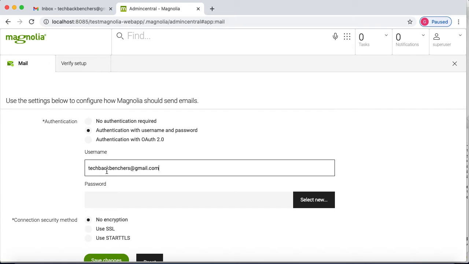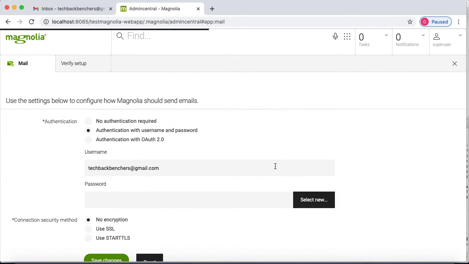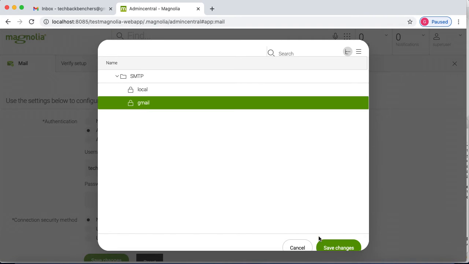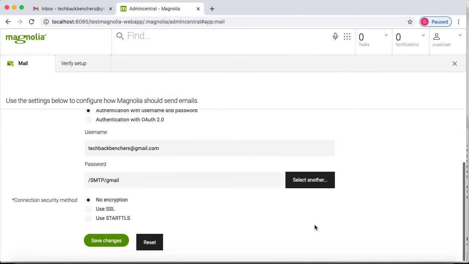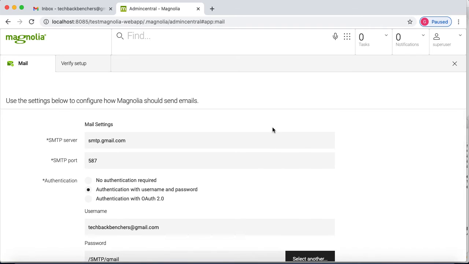We'll use Ctrl+V, and yeah, I will select my password from password manager. I will take this one, Gmail, save changes, and here I will use this third option, and now I will save the changes. Now it is successfully saved. Yeah, so that SMTP Gmail server is successfully configured here with our Magnolia Author.